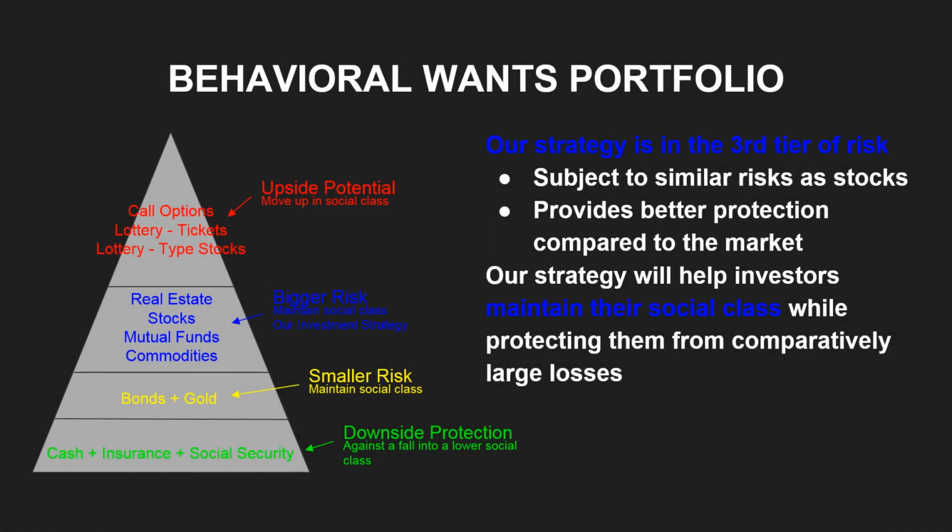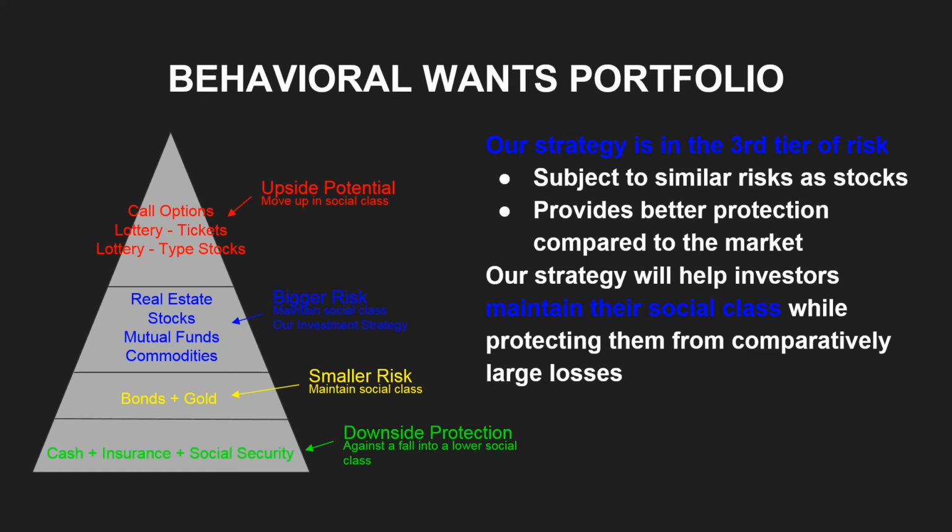The behavioral portfolio pyramid on the left is layered by risk of the asset and its effect in behavioral portfolio theory. The least risky assets, cash, insurance, and Social Security, are for those who are loss or risk averse and want protection from falling into a lower social class. The next tier, bonds and gold, is associated with maintaining your social class and is a little more risky, but